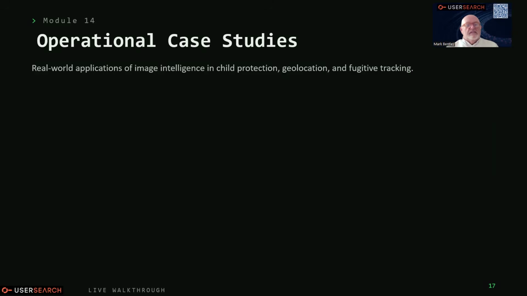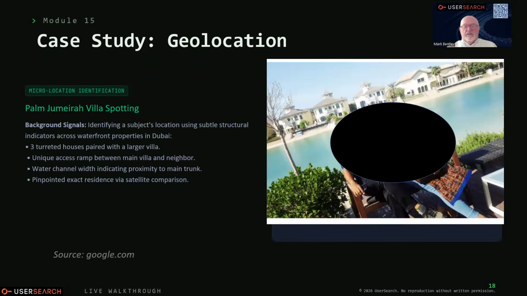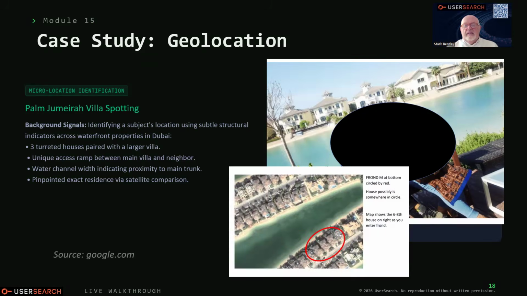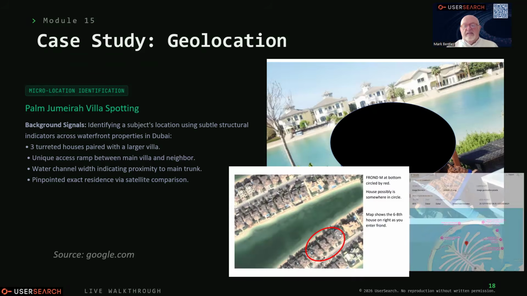So let's think about operational case studies. We've got a picture here that's on the internet, on Instagram, and you want to find out where these two people are sitting. And it analyzes the background. This is actually a map that came up on user search to say this is the front on the Palm Jumeirah, and it works out by the turrets and the distance of the water and everything like that. So without sending that picture anywhere, it will do this analysis and say that's the location, that is the actual address. That's pretty cool.